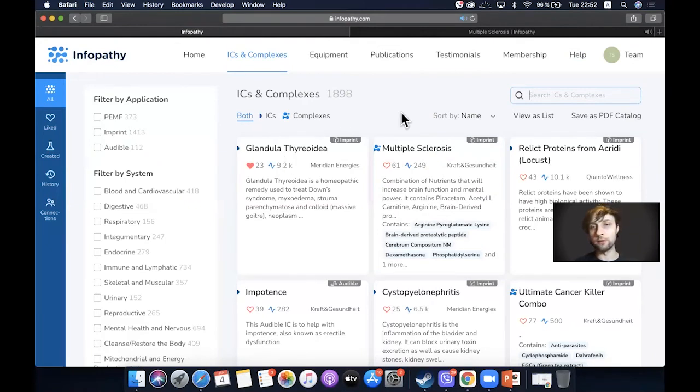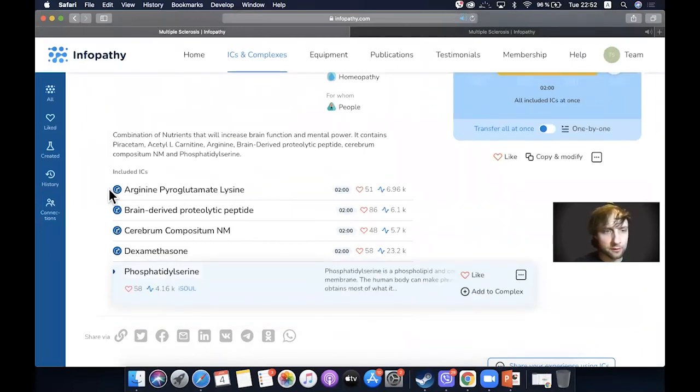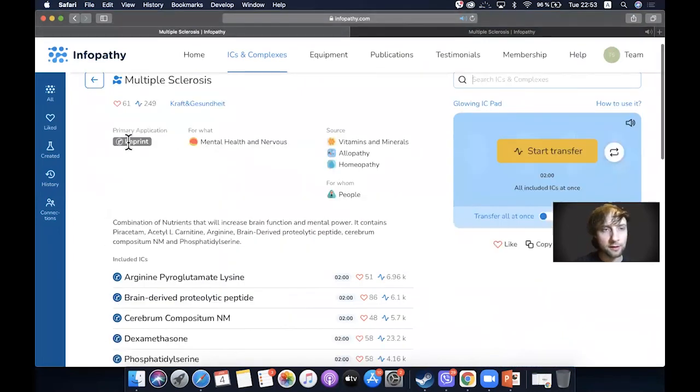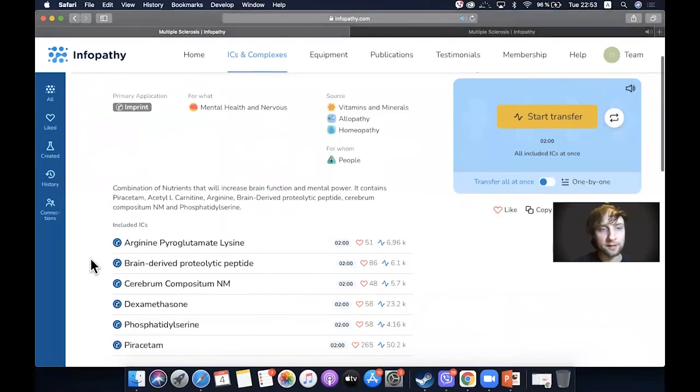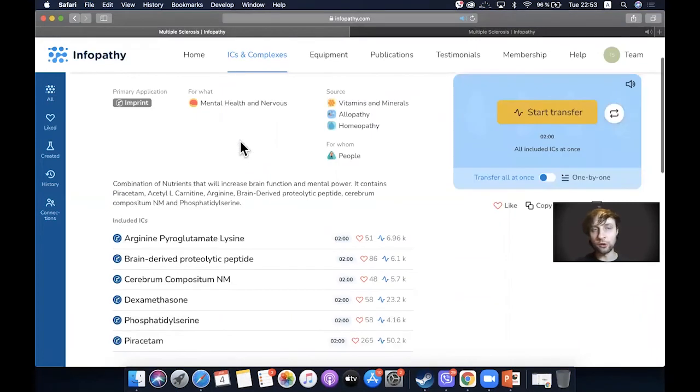And when you create a complex for imprinting water, I would recommend keeping all ICs inside of the complex as imprint. You can also see here this icon looking like a molecule. It's like here, imprint. So all of these included ICs are imprint. And technically we do not limit what you can put into a complex. So you can put imprint ICs, Audible ICs,